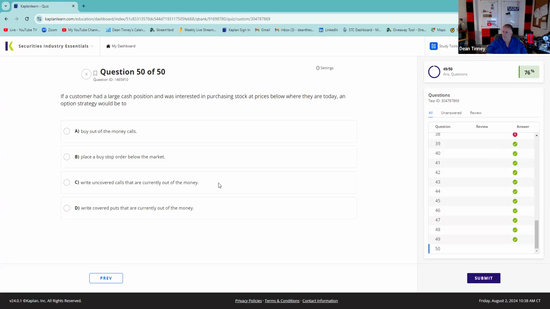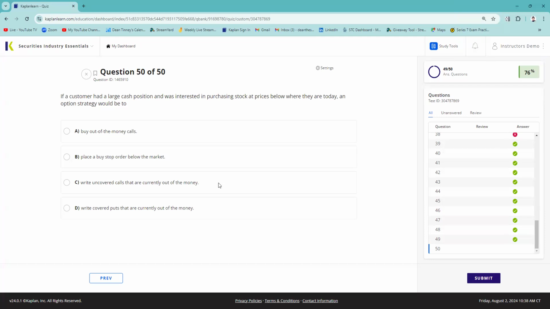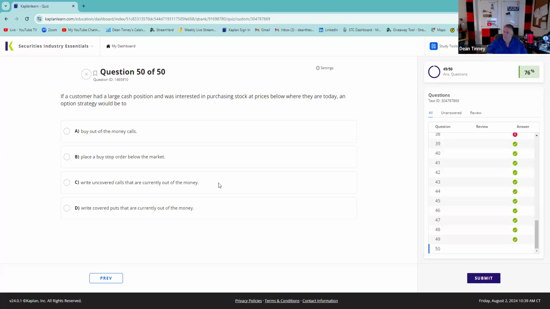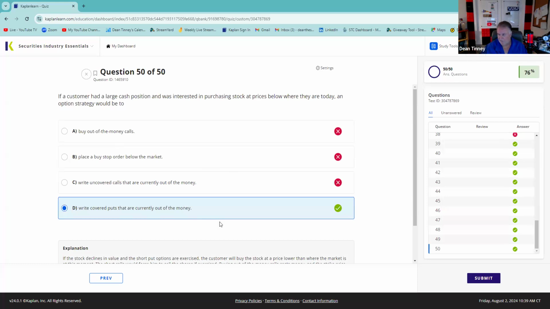So one reason you might want to write a put is to get paid to do something you're already prepared to do. Mr. Buffett loves writing puts on stocks he's willing to buy. And then when you stick it to him, he goes, well, thank you so much, I want to buy the stock anyways. Now, what does covered mean? Covered means you have $222,000 in your account, cash equal to the aggregate exercise price, so that when you get exercised, you can pay for the stock. I think that is a huge high-end question for an SIE exam. I don't even think most Series 7 candidates would get that right. That's a tough one.